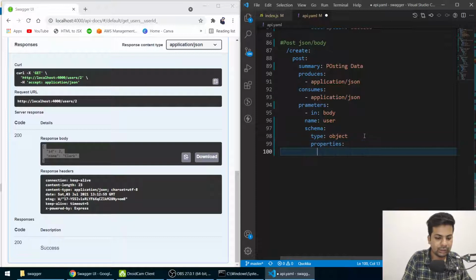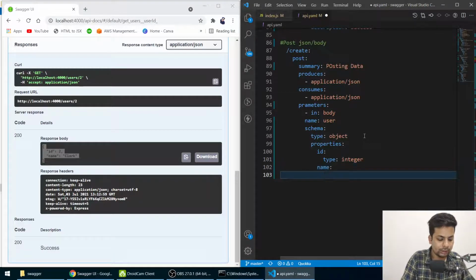There will be an ID, and ID will be of type integer. Then there will be name of type string.